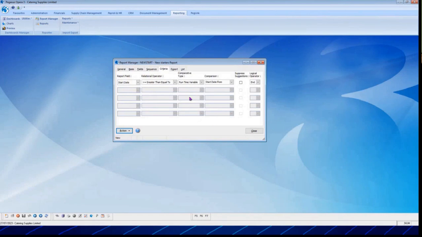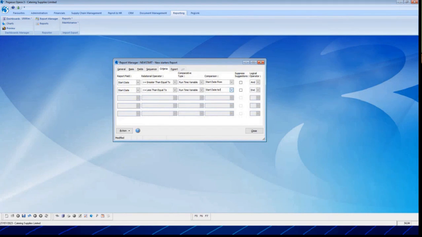I think that takes care of running these reports, building these reports. I think within the criteria area, perhaps there are from and tos you can run by having this information where it will pop up when you run the report and it says date from and to. For example, I can do an and statement there. I can select my start date as well, and this time I'm going to say less than equal to runtime variable